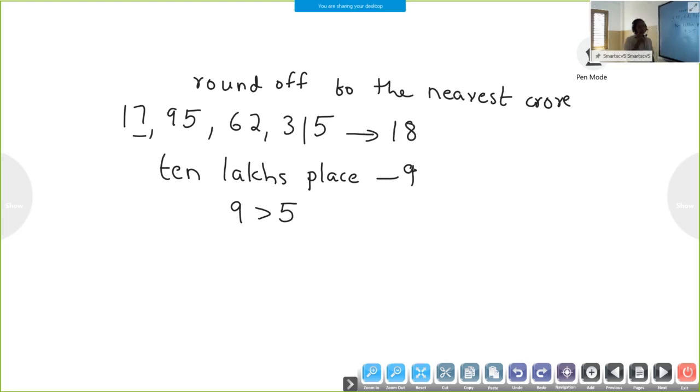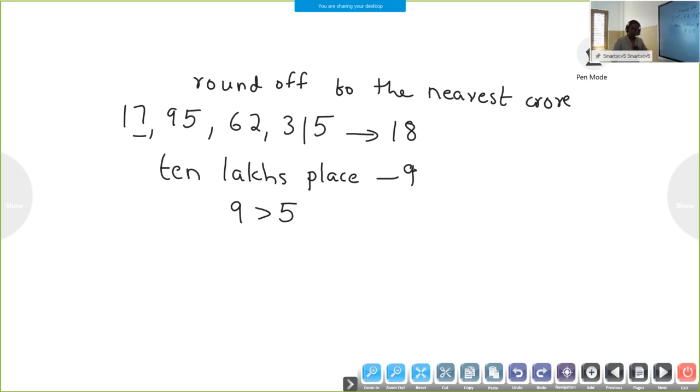To identify it easily, we already underlined the digit. So, once you identify the digit in the 10 lakhs place, you can add to the digit in the underlined place, because we already underlined the digit. So there will be no confusion in identifying the digit to which we have to add or not. Since we already underlined that digit in the crore's place, we add 1 to it, and it becomes 8.